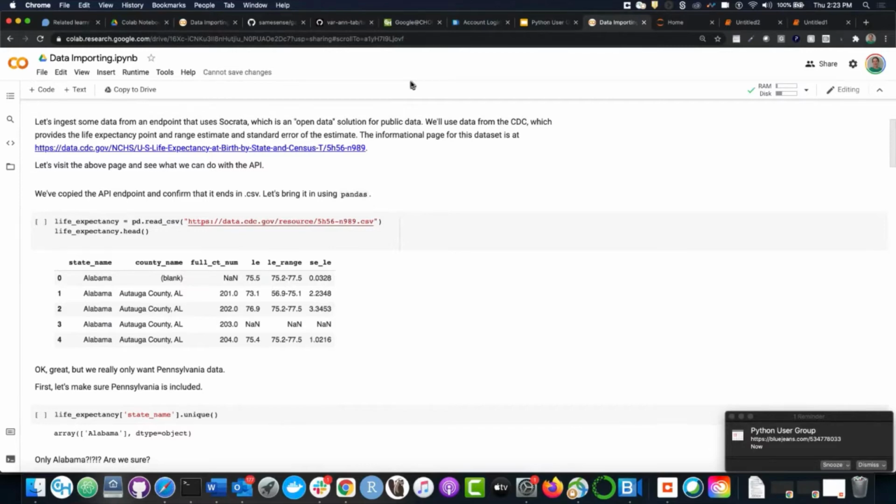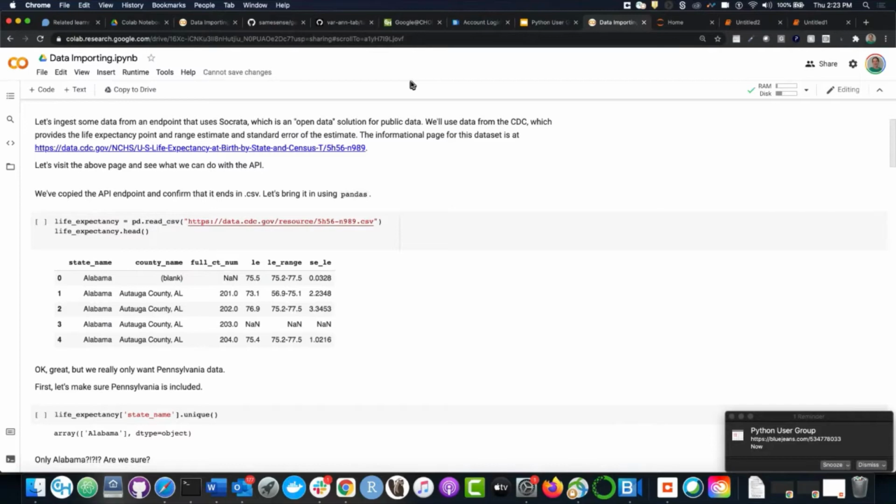So an API is simply a way for two computers to talk to each other in a predictable, regulated way. So messages between these computers follow a certain formula that is agreed upon. And different APIs use different formats in different languages. But one very common API is what's called the Socrata Open Data API, or SODA. And this is on a lot of public data websites. So government websites, city, state, municipality, country websites.